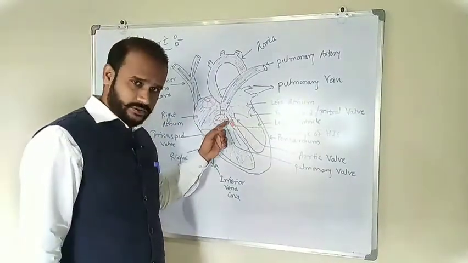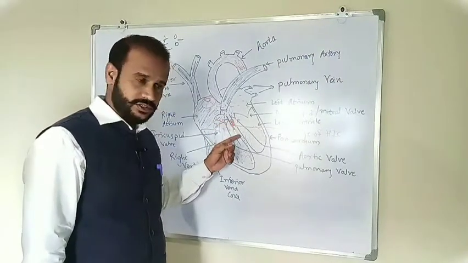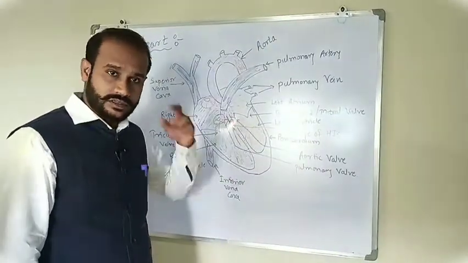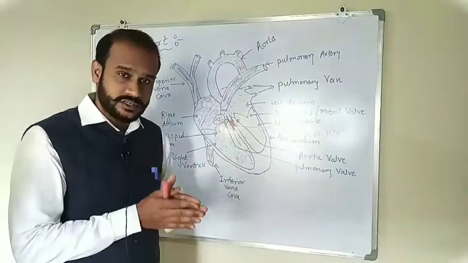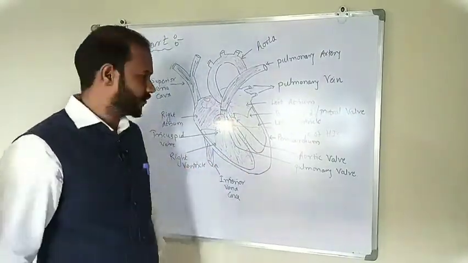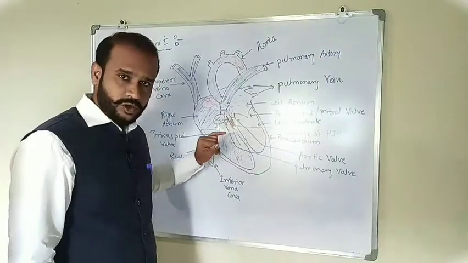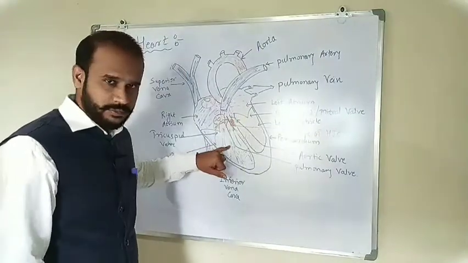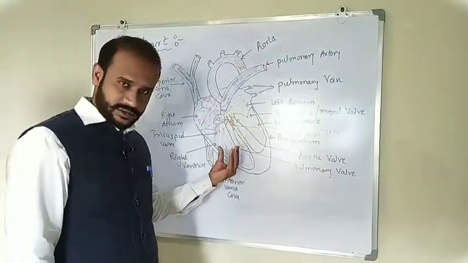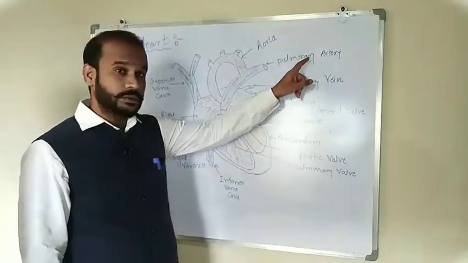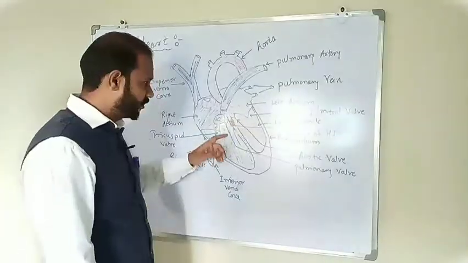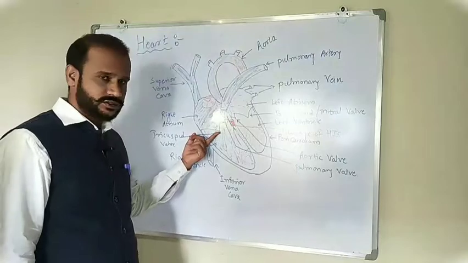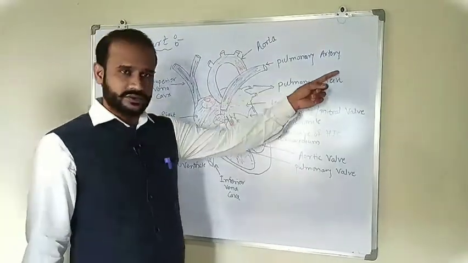When this atrioventricular node passes the impulse to the bundle of His, they are present in the wall of the ventricles. Where are they present? And the Purkinje fibers. The next network of the His is the Purkinje fibers, which are present inside the wall of the ventricles and are responsible for the contraction of the ventricles. Right? Blood कहाँ पर है अभी? Right ventricle. When the right ventricle gets contracted, blood passes to the lungs via the pulmonary artery. Whenever the ventricle contracts, which valve is open? Pulmonary. And which valve is closed? Tricuspid, right?